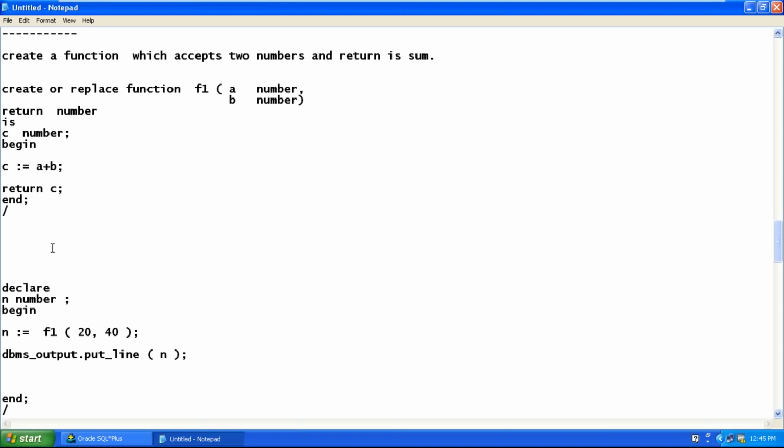So for 20 and 40, variable C will become 60, no doubt. The moment C becomes 60, it is returned. That's it. Now you store it and then we use it. Okay, shall we try one more example?